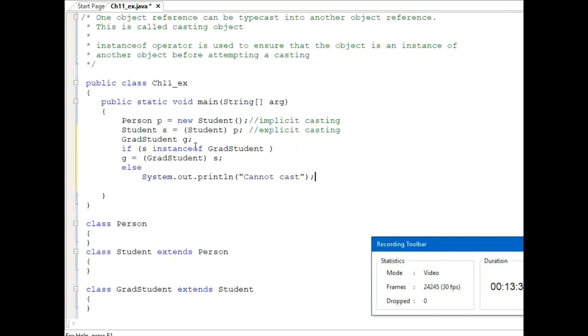Here what I did is: if S is an instance of grad student, then you try to do the casting. If not, send a message saying that it cannot be cast.